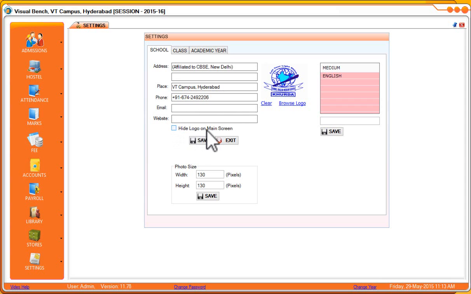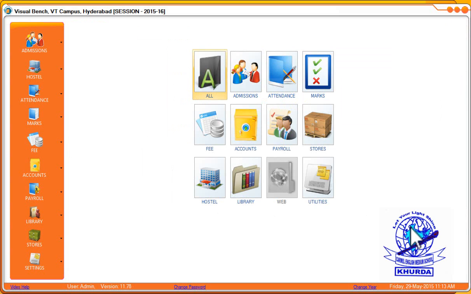Hide logo on main screen. If you tick it and save, the logo will be hidden on the main screen. Where is the main screen? Just close this. So this is the main screen logo.